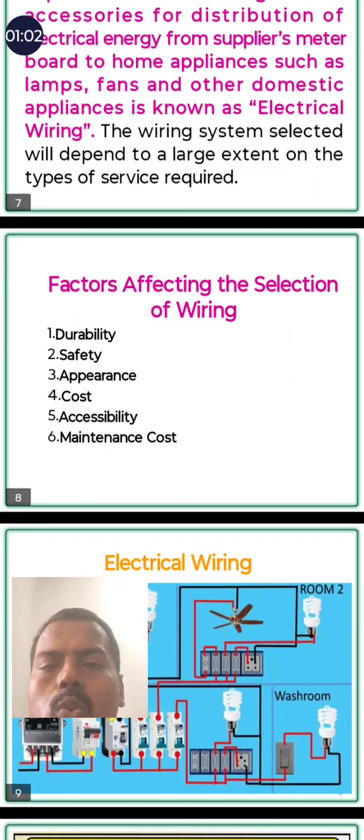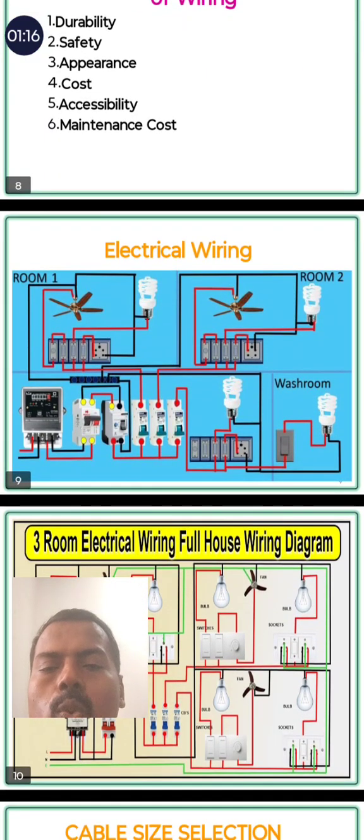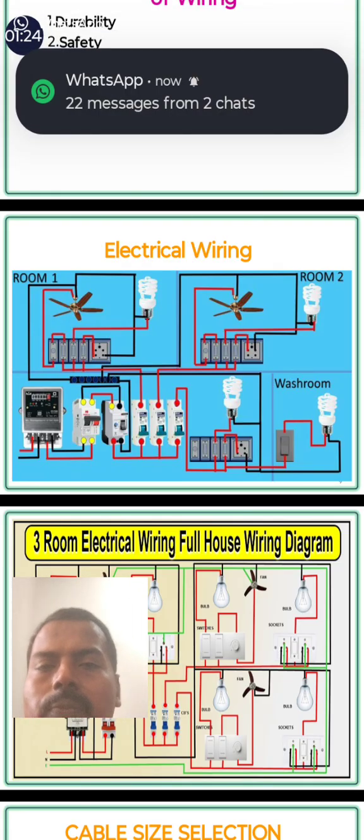Generally, how to select the wiring? The durability, safety, appearance, cost, accessibility and the maintenance cost are some of the factors for selecting the wiring. Generally, the wiring layout is represented here: for room 1 and room 2, then the washroom, then the EB,